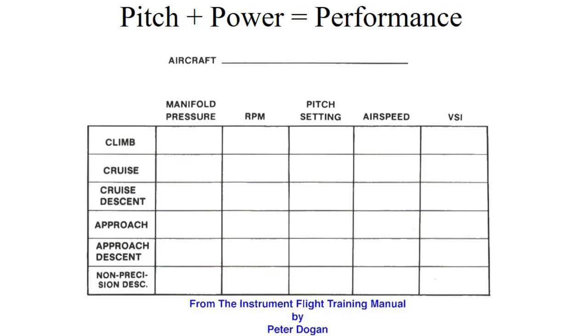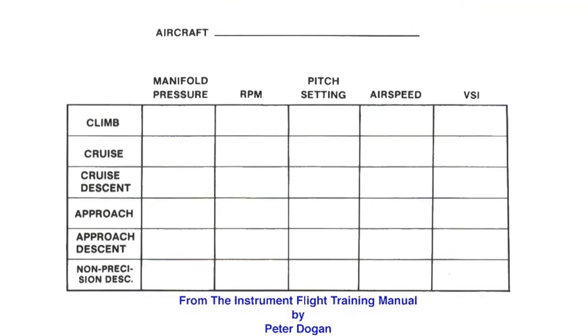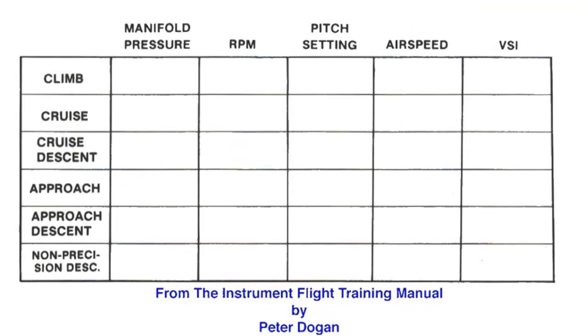But it boiled instrument flying down into this basic concept of pitch plus power equals performance. And he had half a dozen standard configurations that summed up everything you would need to do on an instrument flight. So we have climb, cruise, cruise descent, so coming down off your cruising altitude at a higher airspeed, approach, which is typically 90 knots in a small aircraft, approach descent, which is at that same airspeed, and at a descent rate that's going to keep you on the glide slope, and then non-precision descent, which is